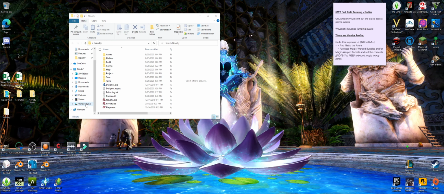But as I said, you will have to give certain permissions to your C drive to be able to install or import images along with any other kind of asset to your designer and to your Novelty. There we go. Couldn't get that out there. Okay, so